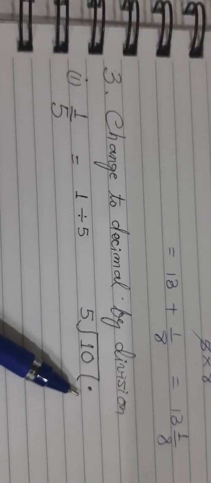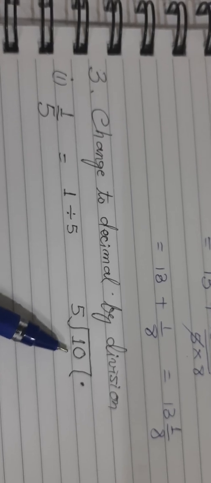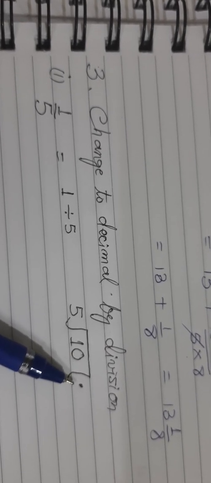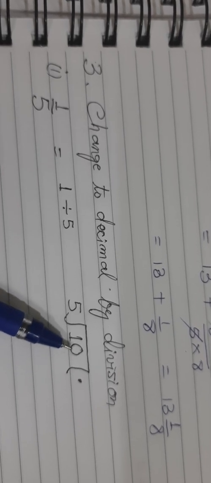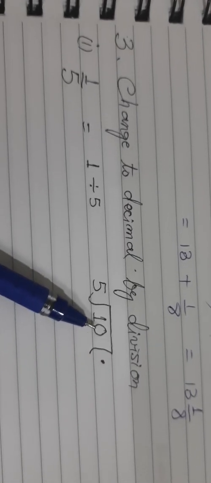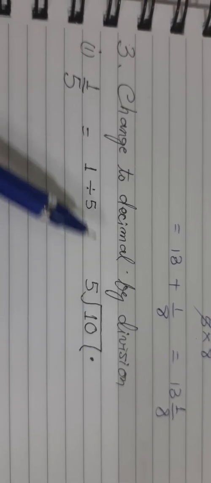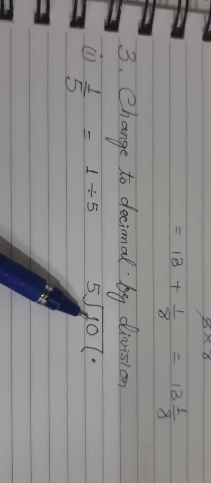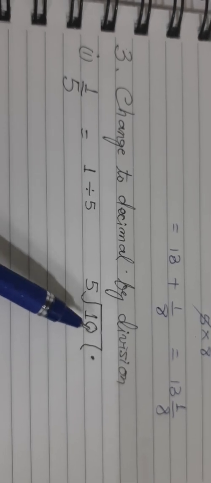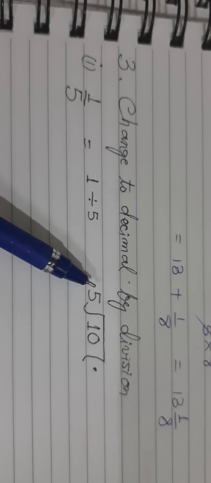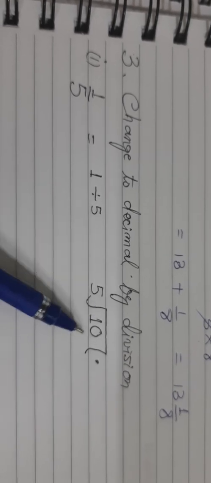Putting this decimal point will fetch us a 0 that we can write with the 1. Okay, with this decimal, only a 0 you can put over here. This is the rule to convert this fraction to decimal. If the number that you're dividing is small, you put a point and bring a 0 here. So now it becomes 10. 10 is more than 5. Now with 5 you can divide 10 easily.